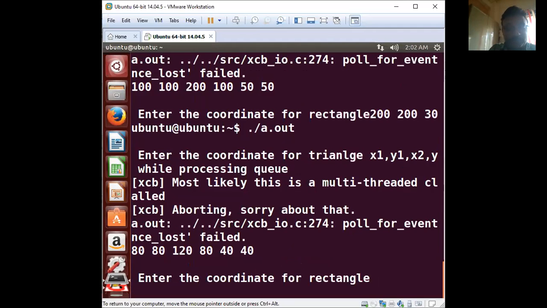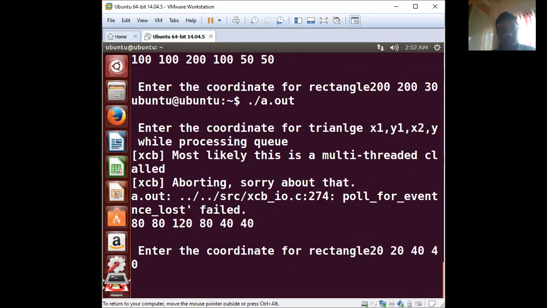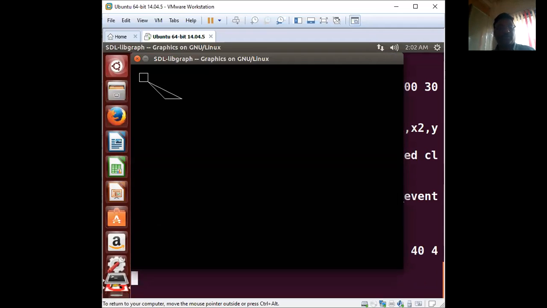And the rectangle, suppose, having 20, 20 and 40, 40. So see, this is going to appear on your screen. Correct? This is the triangle that I have mentioned, and this is the rectangle.